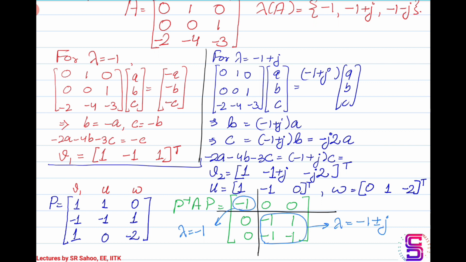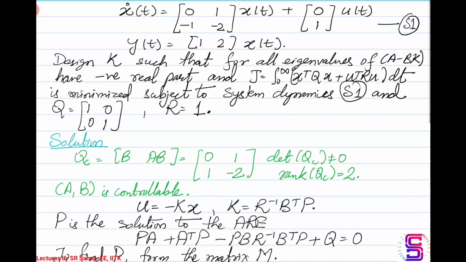Possibly in this example, we might not encounter a complex eigenvalue. Let's see. So consider this system S1 as shown here. This is a causal LTI system that is shown. X is the state vector and the order of the system is 2 cross 2. It's a single input, single output system that we have here.